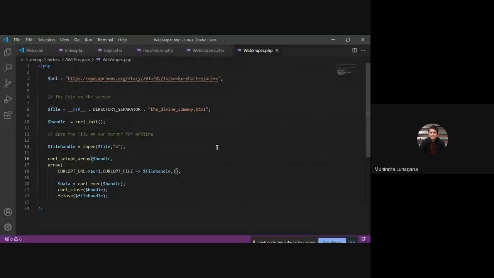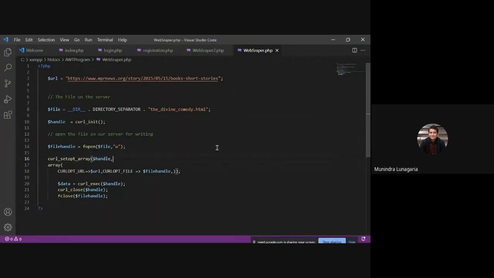First is curl initialization, so curl_init would be there. Now we need to write the file, so fopen the file in write mode. Now curl_setopt_array, so there are a few options: CURLOPT_URL, CURLOPT_FILE, and then curl_exec, and then curl_close, and then fclose.